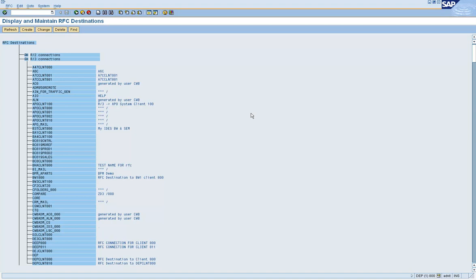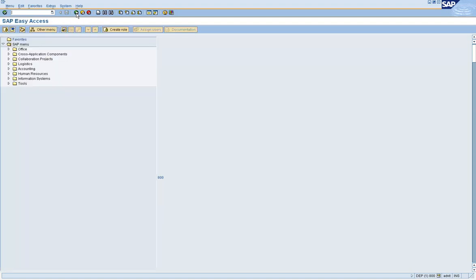To send the IDOCs from the central client to the child clients, you have to set up the ALE, and that begins with setting up the model view. To set up the model view, the transaction code that you'll use is BD64. So execute the transaction BD64.